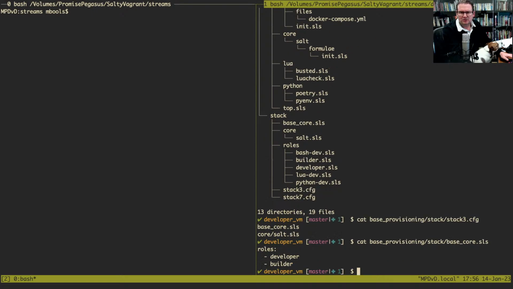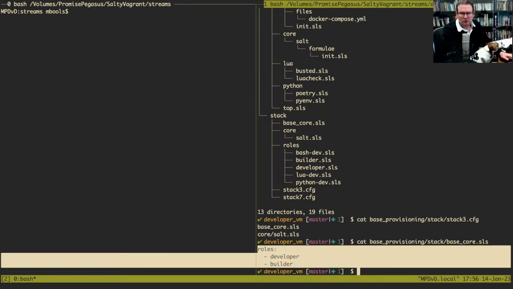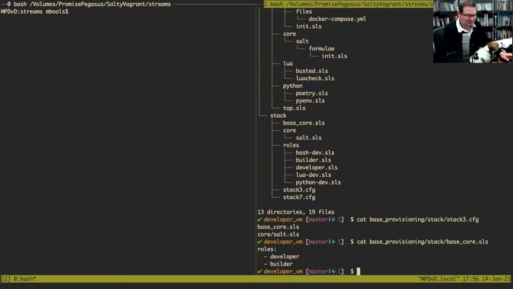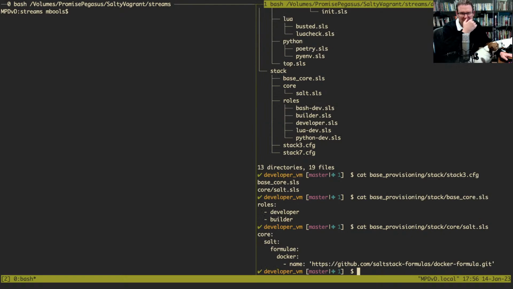the base core, which tells us that this machine is going to have the roles developer and builder, and the salt one. This tells us what formulae we're going to map into this virtual machine. In this particular instance, we only need one, Docker. And this is extremely simple. Docker is the name of the